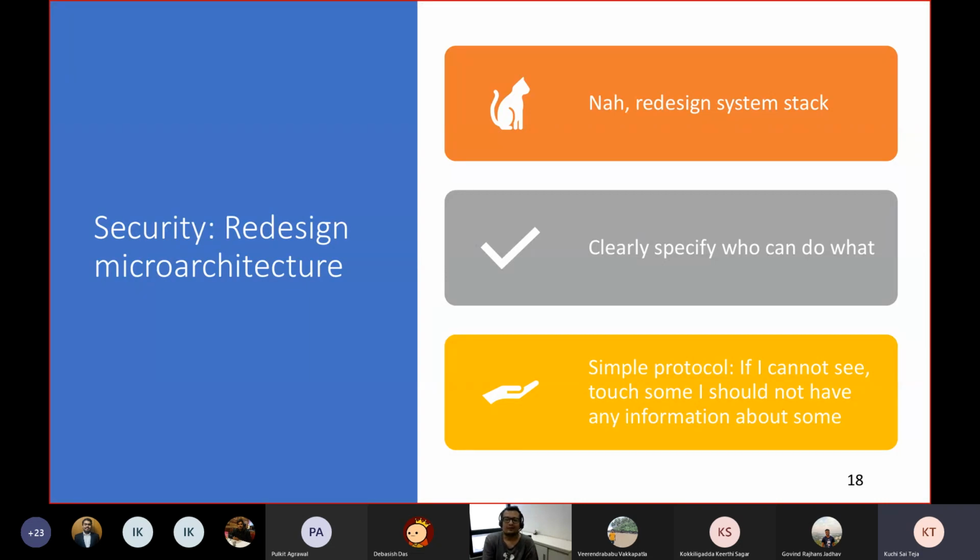Then let's look at the security side. How can you redesign microarchitecture? Well, at least personally, my approach will be to redesign the entire stack. That again boils down to the same old mantra, or the future that I was envisioning, that you need to redefine the role of ISA, microarchitecture, operating system, compiler, all of them,